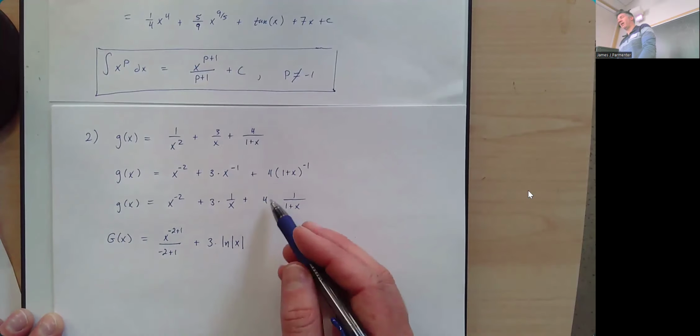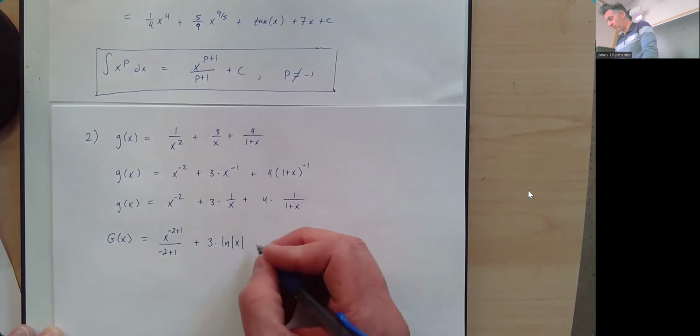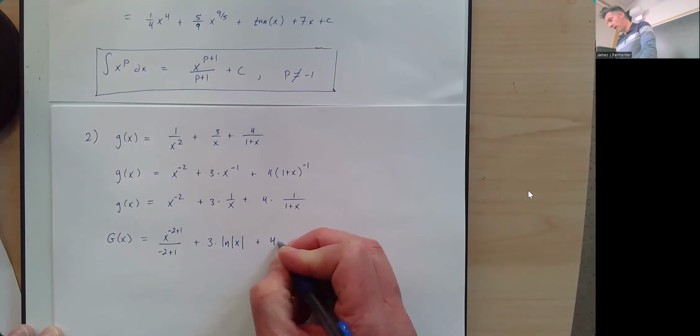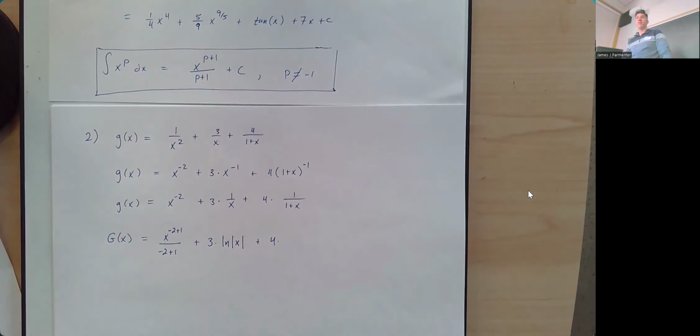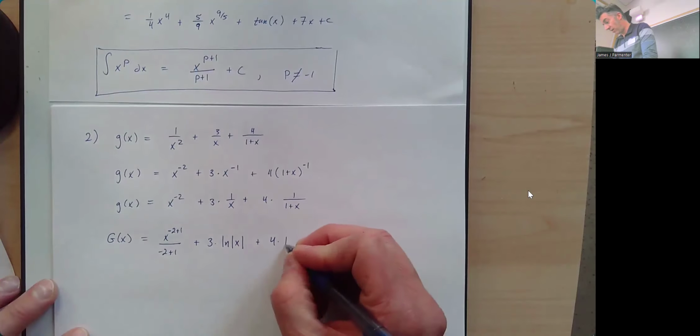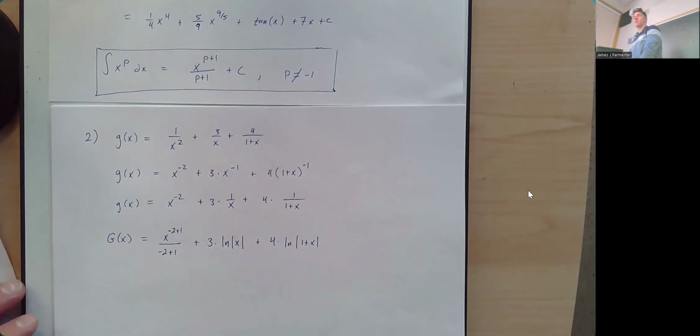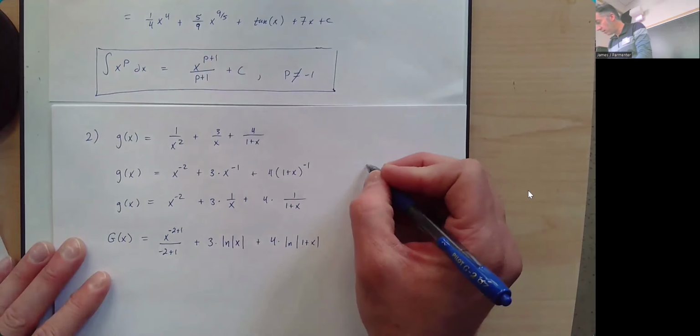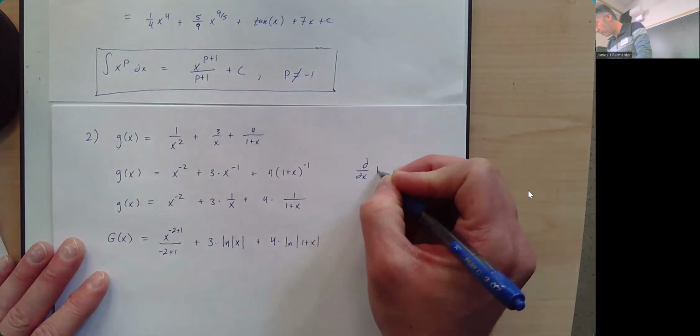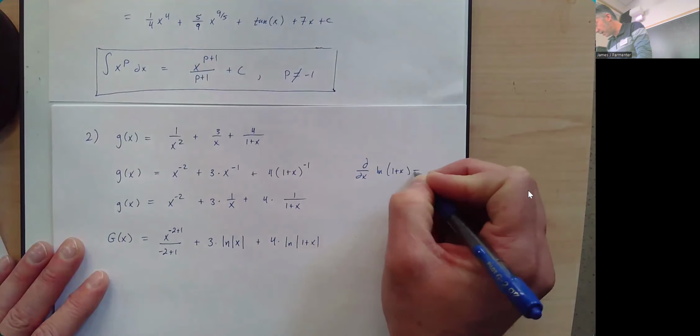Now, this one is getting at something we're going to talk about a little later, but I'll just say the 4 is going to hang out, and the antiderivative of 1 over 1 plus x is the natural log of the absolute value of 1 plus x. Ignoring the absolute values for a second, the derivative of the natural log of x is 1 over x. The derivative of the natural log of some stuff is 1 over the stuff times the derivative of the stuff. So if you check here really quickly, the derivative of the natural log of 1 plus x is 1 over